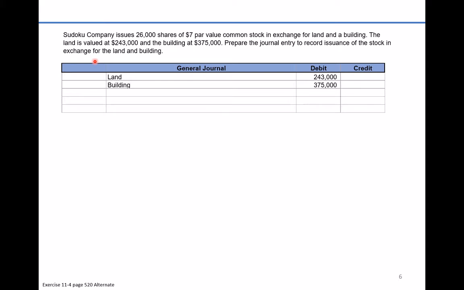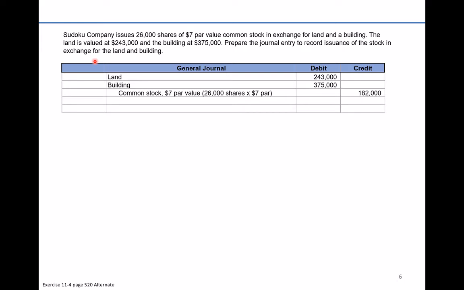Now the company is issuing 26,000 shares of its $7 par value stock for these items. First thing we'll do is we'll credit common stock for the 26,000 shares. But remember the rule. We're always going to credit common stock at its par value. So for the 26,000 shares at $7 per share, we'll credit common stock issued for the land and the building